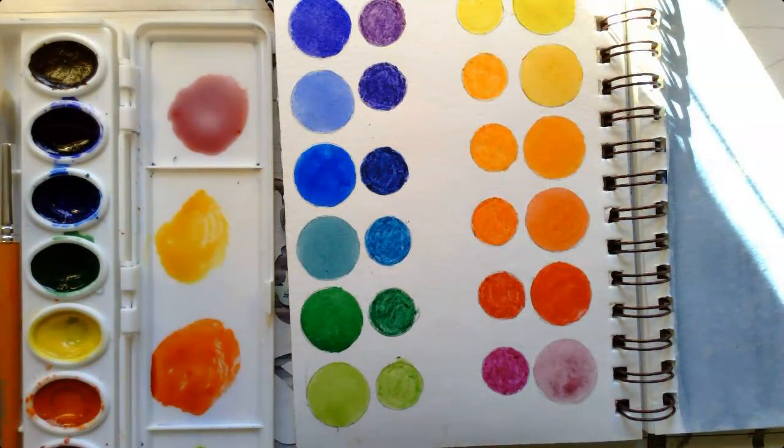And so what's pretty interesting to me is that as I was working, I noticed that the warm colors, when it came to the watercolors, the warm side matched the crayon colors much more closely than they did on the cool side. It's just a little observation I noticed as I was painting. Okay,